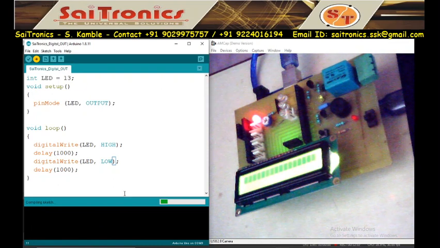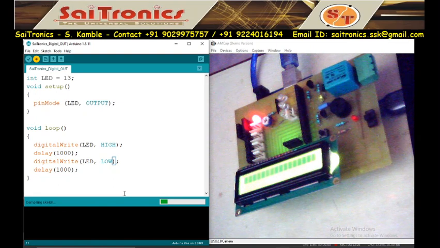So this is digital out operation. In this digital out operation, you can give signal on or off to output devices. Right now we are using the pink LED as my output device. Afterwards we will change pin 13 to 12, so that the green LED will blink, then 12 to 11, so that the white LED will blink. This application is very useful for turning on and off output devices.